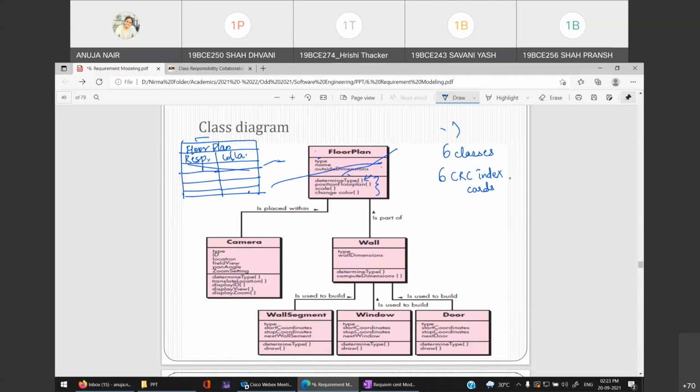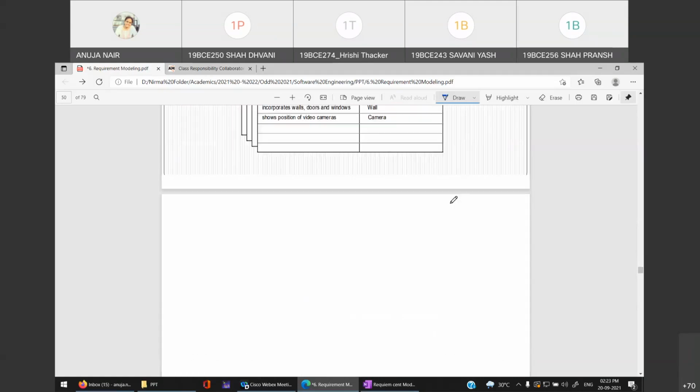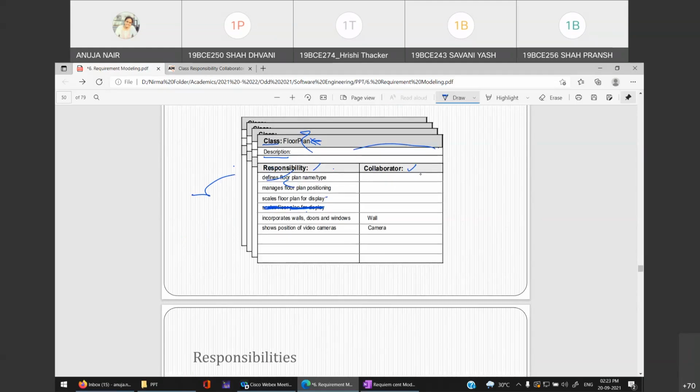So what you have to do is write that collaborator in front of the particular responsibility. So if we go back over here, can you see that in front of this there is no collaborator? If define floor plan name and type has no collaborator, what is the meaning of that? Can somebody tell me what is the meaning?